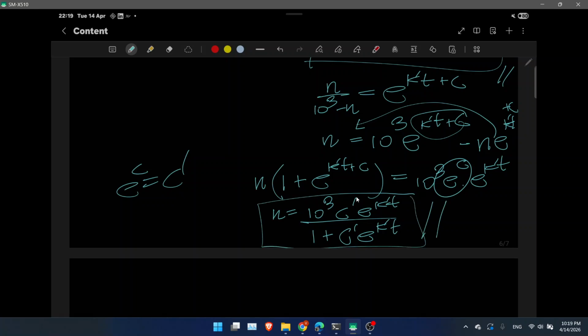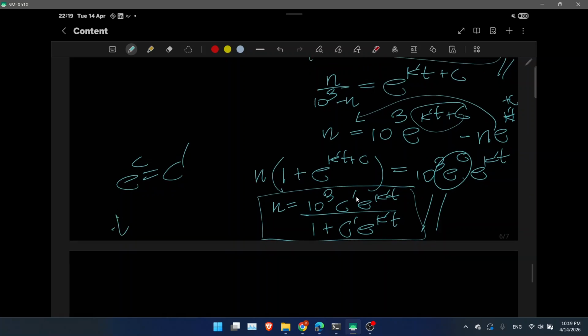So if we are given some t, we can directly say how many microorganisms there are at that time. So this is a good example of mathematical modeling. Another observation you can see here is